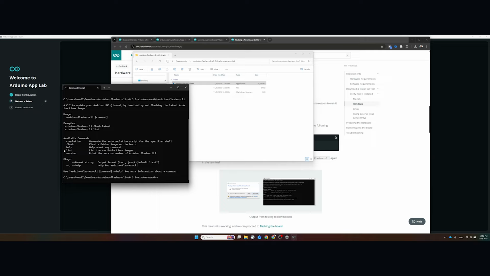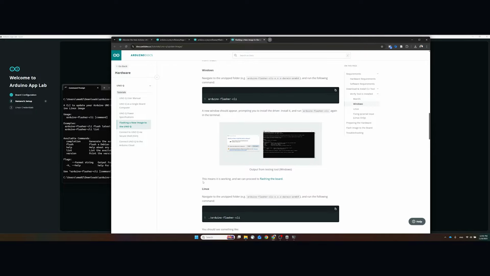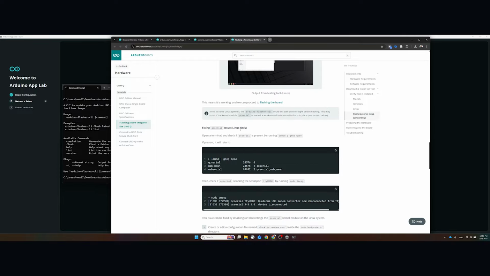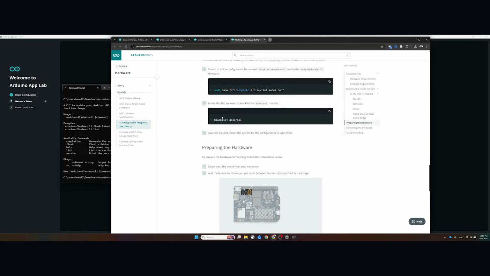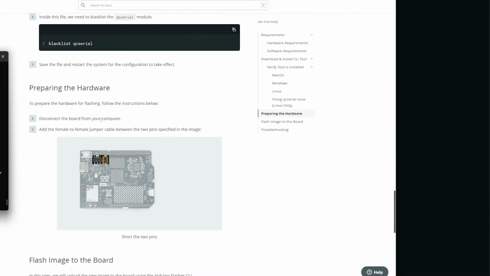Okay. So I get this, and meaning that it's working, and so we can proceed to flashing the board. So to flash the board, the instructions are here that we have to disconnect the board from the computer. So I will